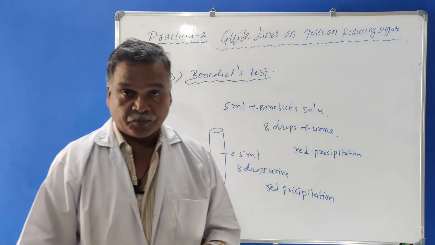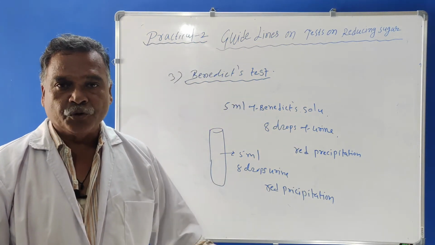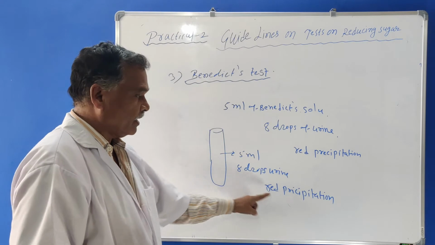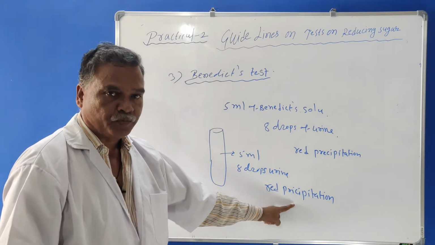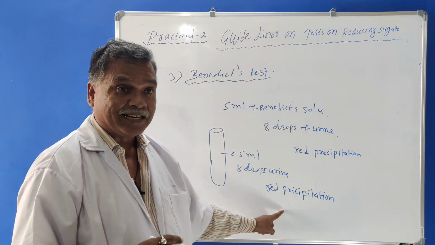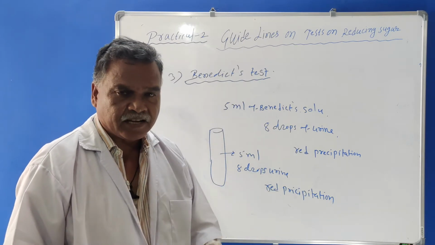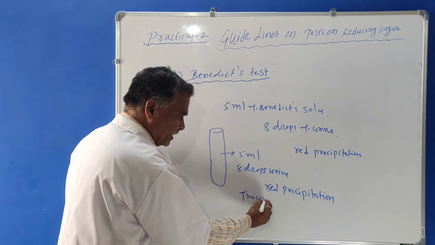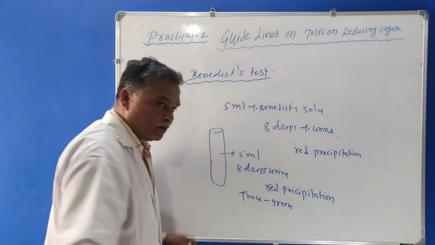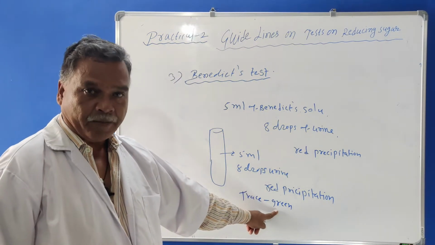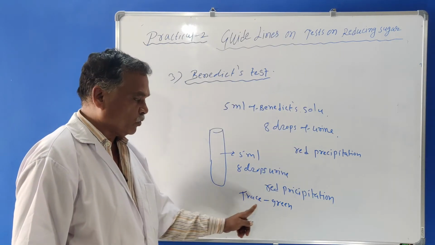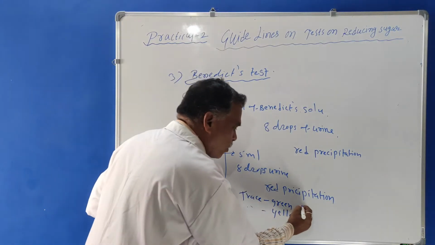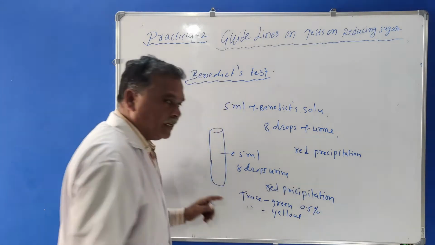The red precipitation will be there, and here the reduction will happen. Cupric ions are converted to cuprous oxide. The same principle applies here, and this red precipitation will appear after boiling for 2 minutes. But the color will develop just after a few seconds. The first color will be trace, that is green in color. During the boil, the green color will appear after a few seconds. This means the glucose is present in the urine in trace amount. The green color appears means